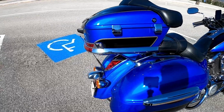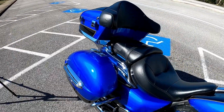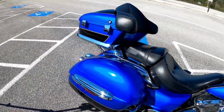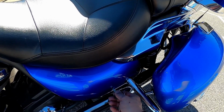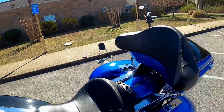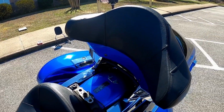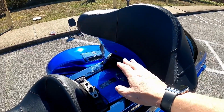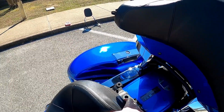All right, so you can see here is the Voyager with the tour pack on. The first thing that we need to do is to remove the passenger seat. All right, now that we've removed that seat, if you've never done this conversion before, you'll have to remove the driver's seat also,